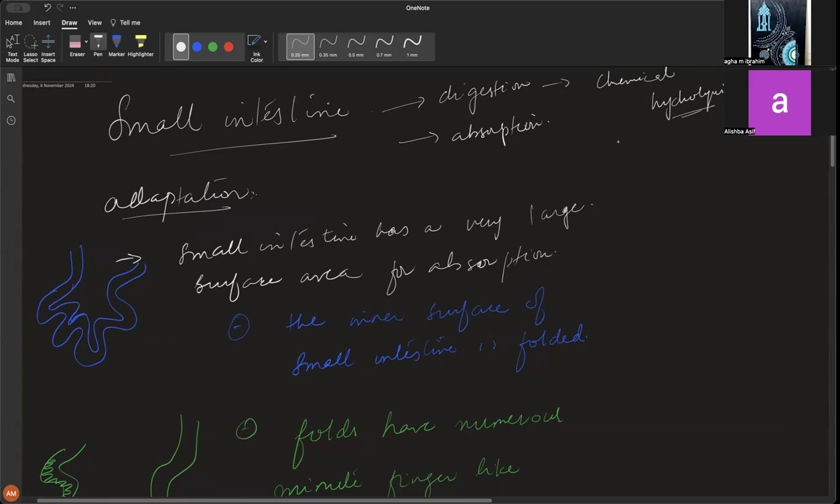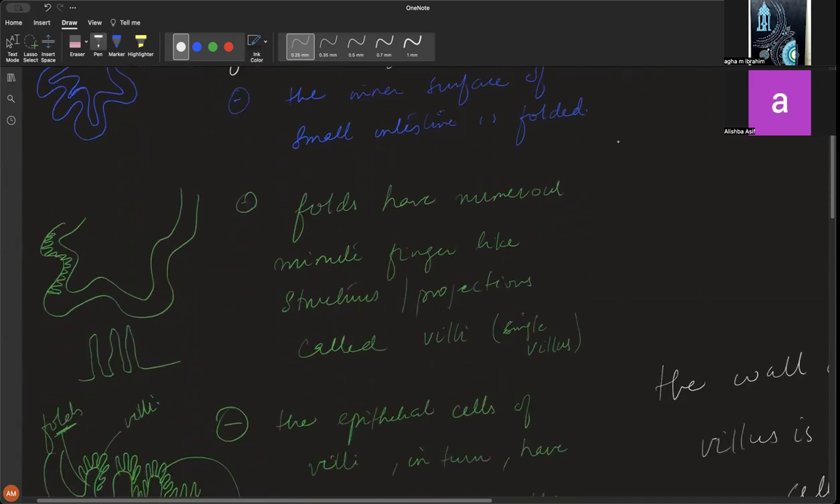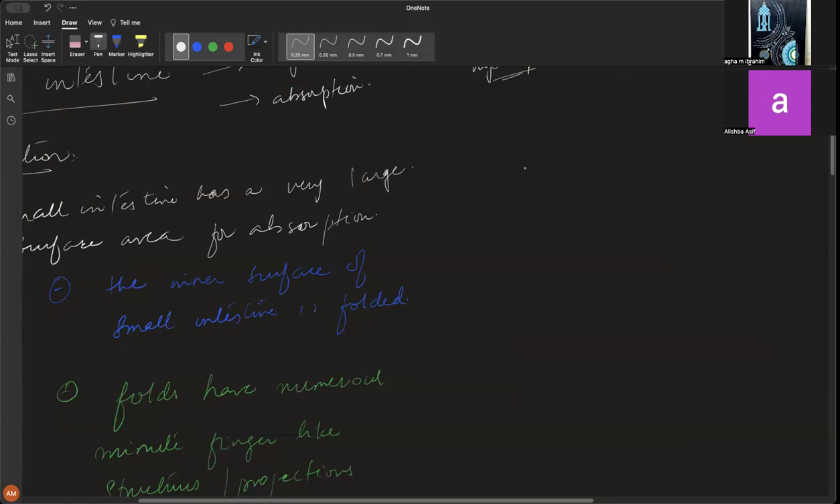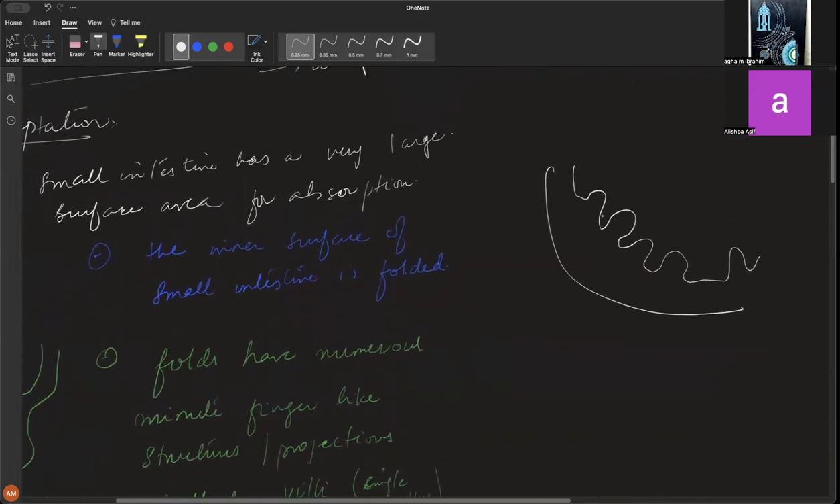The small intestine has a very large surface area for absorption. The inner surface of the small intestine is folded. If you look at it, this is how it is going to look. This is the outer layer, and the inner layer generally has folds like that. The folds have numerous minute finger-like structures or projections called villi,